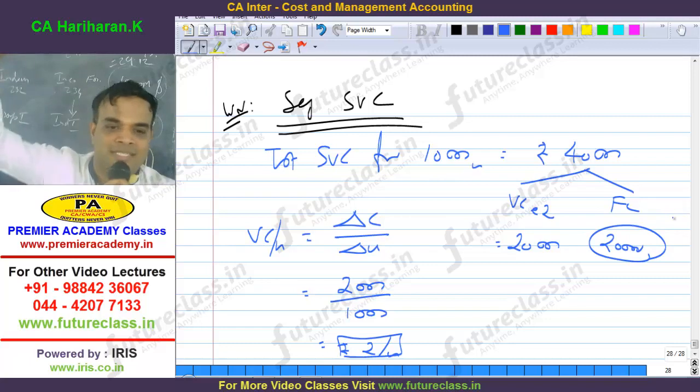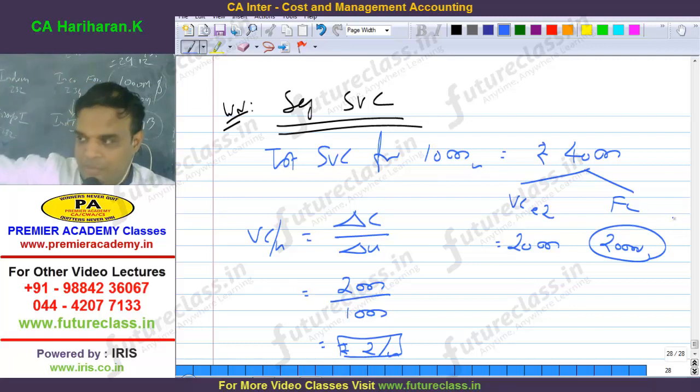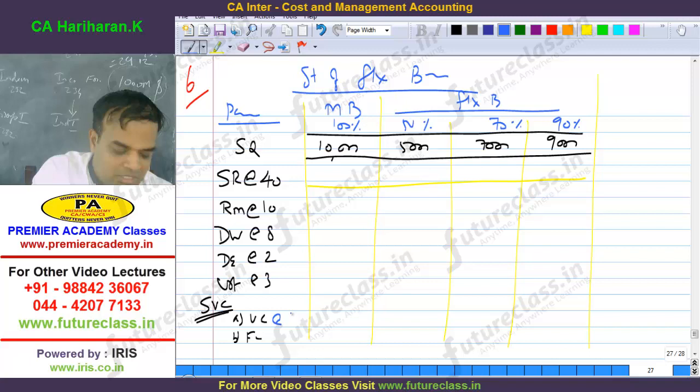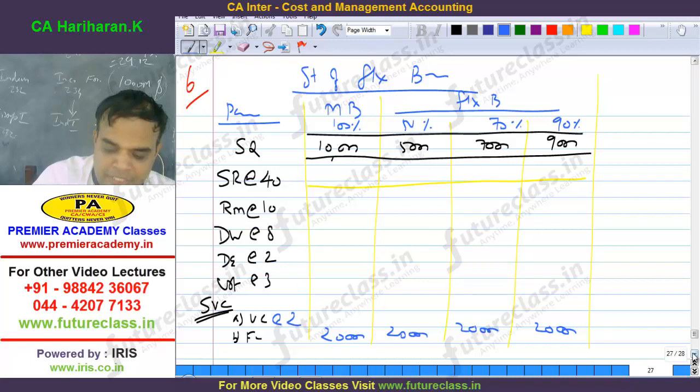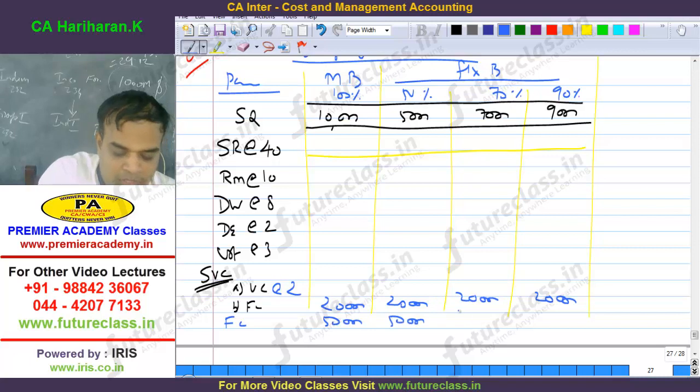How many of you understood segregation? I will be discussing the basic concept problem itself. Right or not? Are you with me? Now, going back to variable cost at the rate of 2 into respective column. Fixed cost, all the column, 20,000, because it remains constant. This problem is also a past exam question. Many students keep the other fixed cost of 50,000. That is also available. Right or not? The fixed cost is 50,000, 50,000, 50,000.